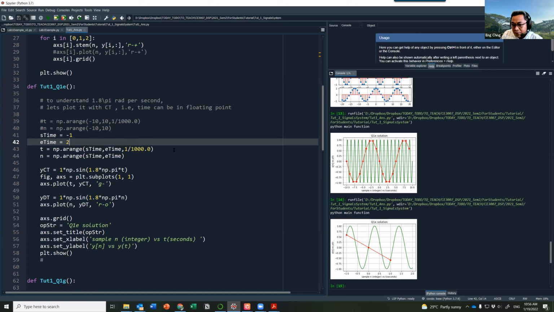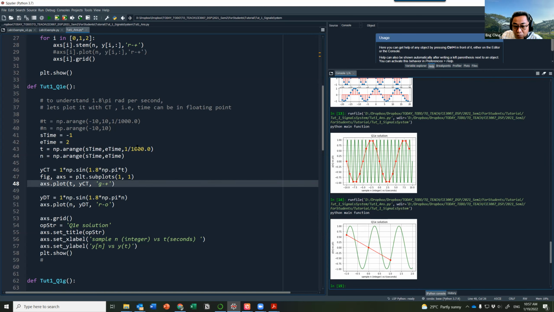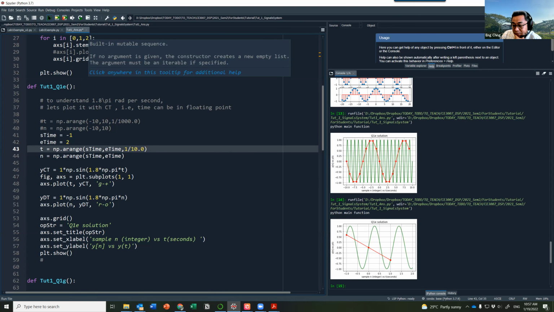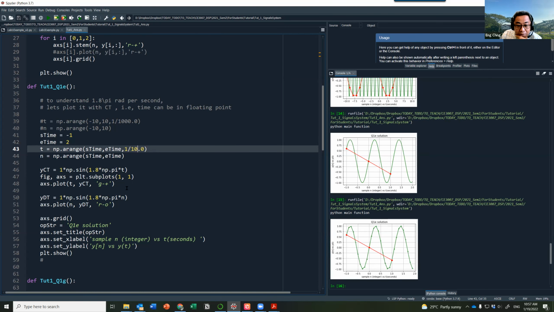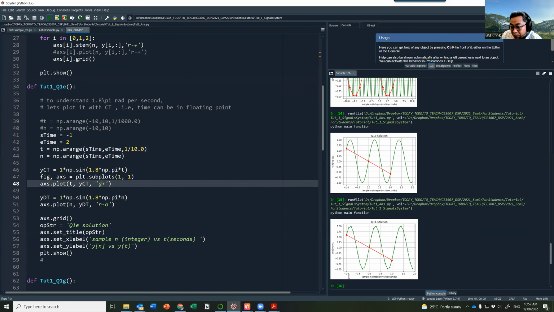So you see that I'm plotting start time, end time at 1/100, 1,000. Right, I'm now going to, instead of this, plot the green guy with 10 points in between. Okay, so let's see. Now I'm going to plot the green guy, only 10 points in between. So you see that actually the green guy is still, well, it's sampled at 10 times in 1 second, or, well,